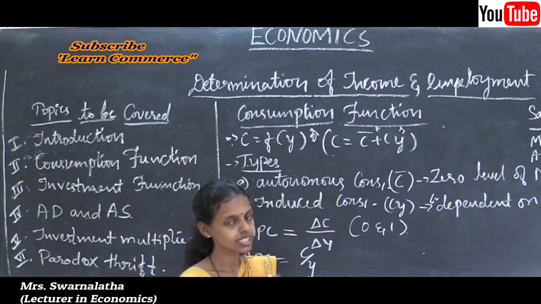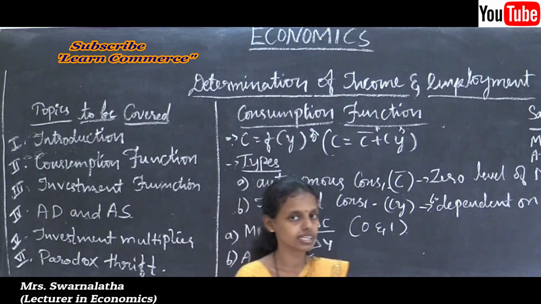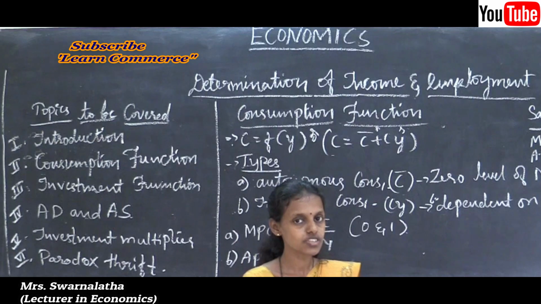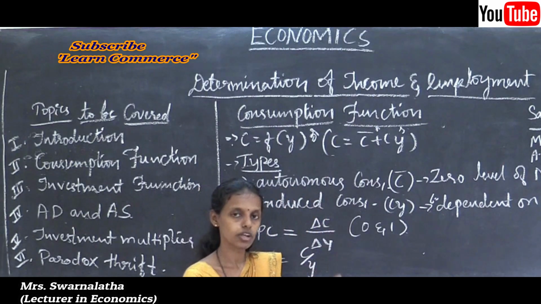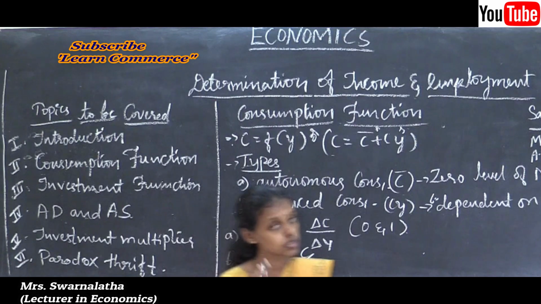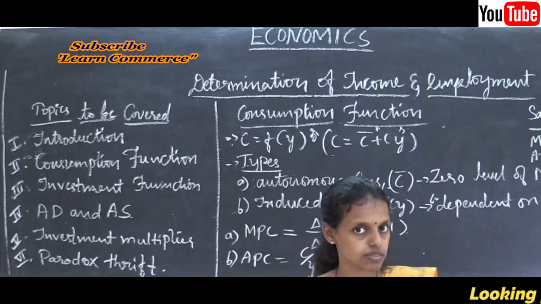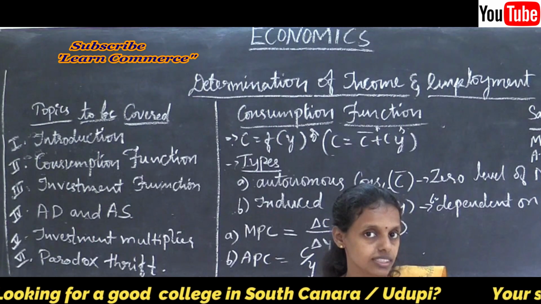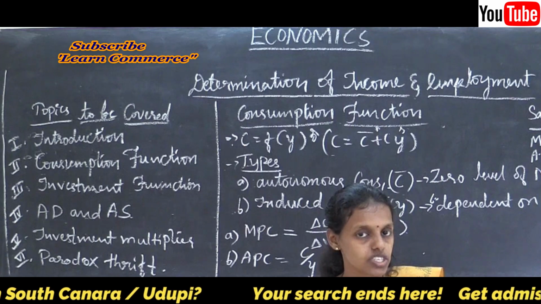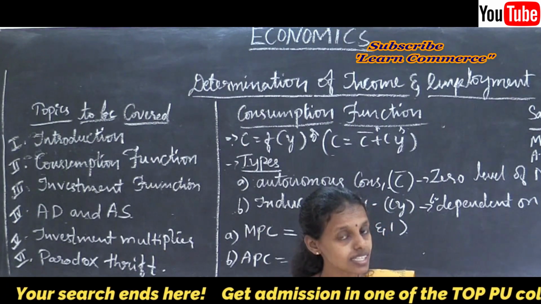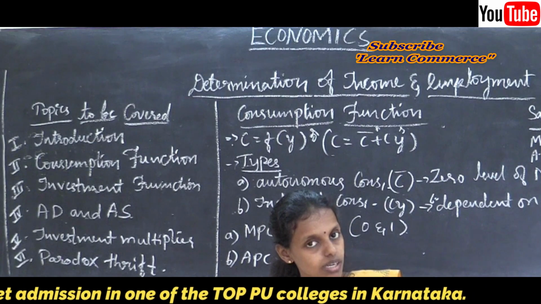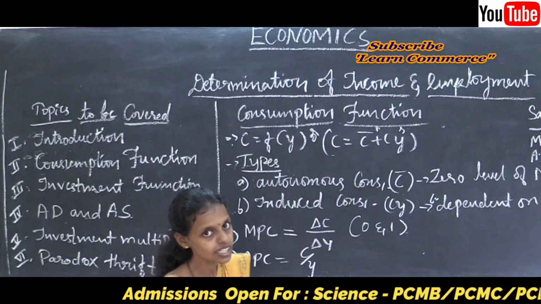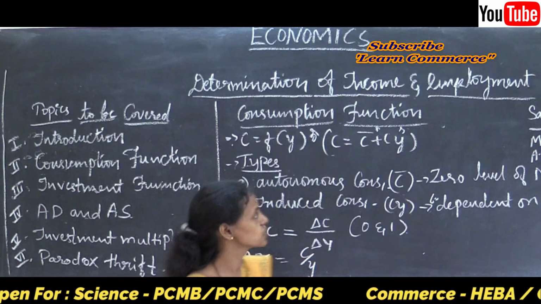While calculating the national income, we consider per capita income, that is individual income per head. And also we consider the GDP, gross domestic product, the total product produced in the country. That product is produced with the help of factors of production we studied: land, labor, capital and organization. Rewards given to them in the form of factor payments we studied: rent, wages, interest and profit. So in a circular manner, we studied the circular flow of income of an economy. Through that, income and employment is determined in the economy. Those concepts we are going to discuss here.